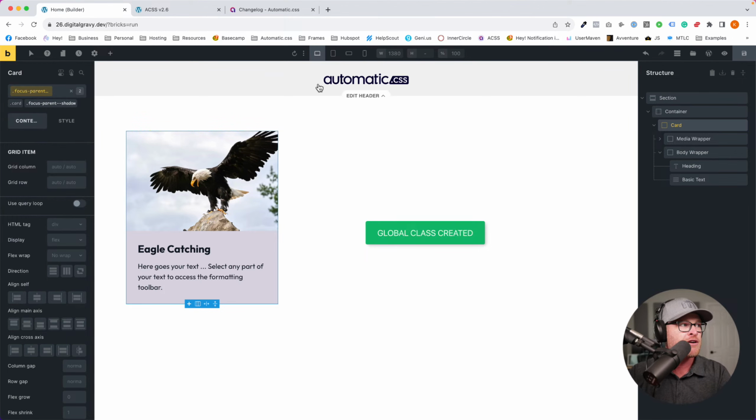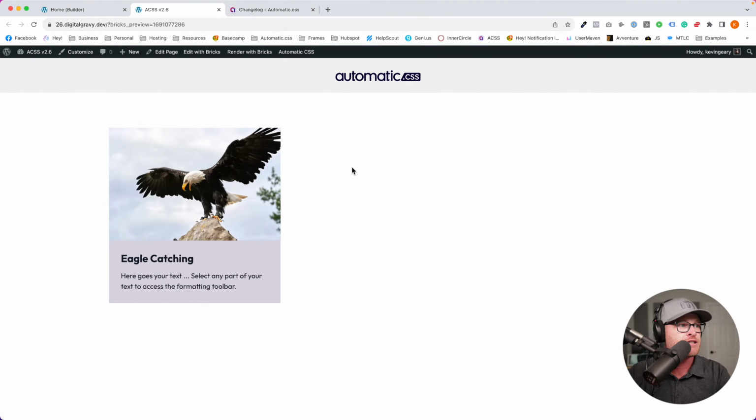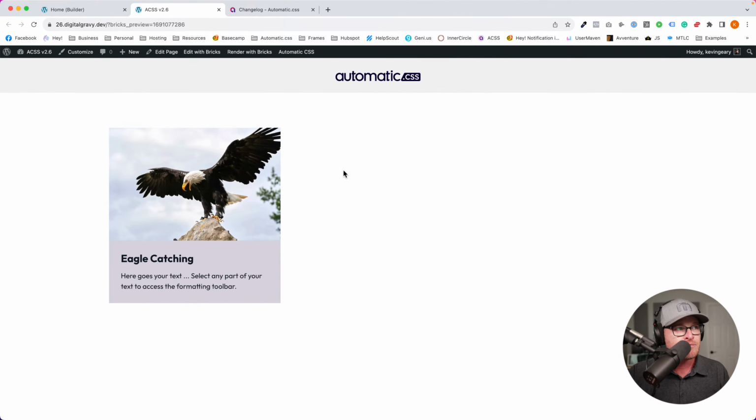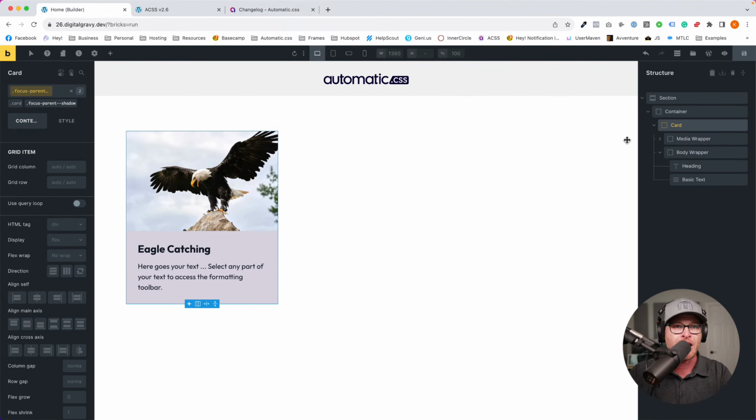So if we do focus parent shadow, we should get a shadow outline, okay? So what we're going to do, there you go. There's my keyboard focus. Two things have happened. One, the entire card gets the focus style. But number two, the heading no longer has the focus style. See, it's gone from the heading text, and it's only applied to the actual parent. So for that visual effect of having selected my card with the focus, that is all done for you.